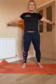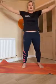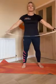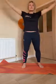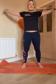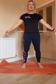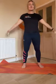And just moving through that full range of movement in your shoulder joint. Right, so I'm going to shorten the distance between my hands a little bit now. It won't be much because, as I've said, my shoulders are not that flexible. So as long as this works for you, then that's absolutely fine. If you're finding this too tough with a belt, then just go back to shoulder rolls, and you might want